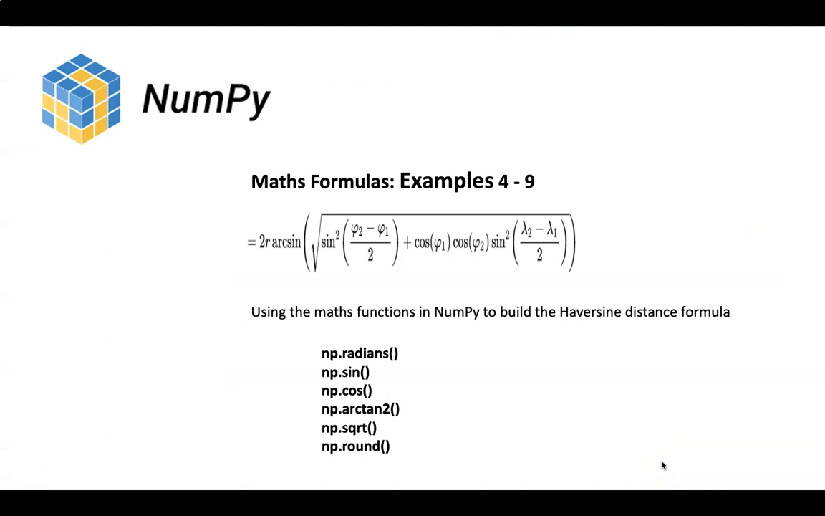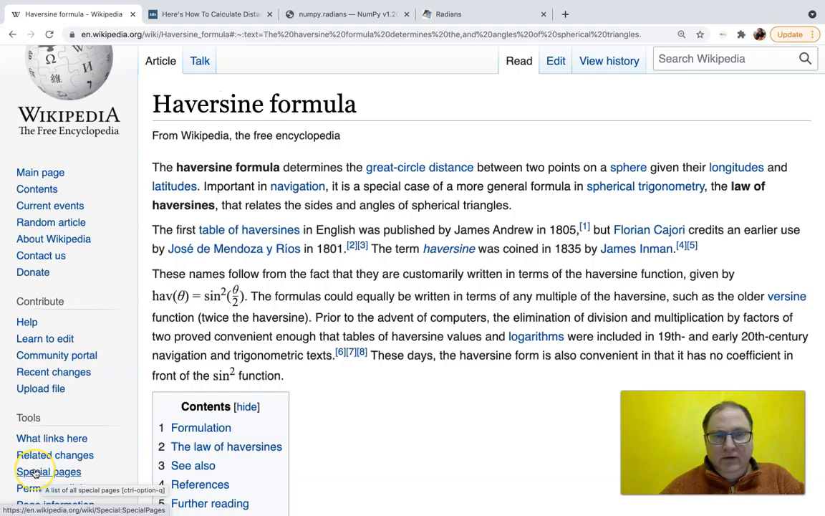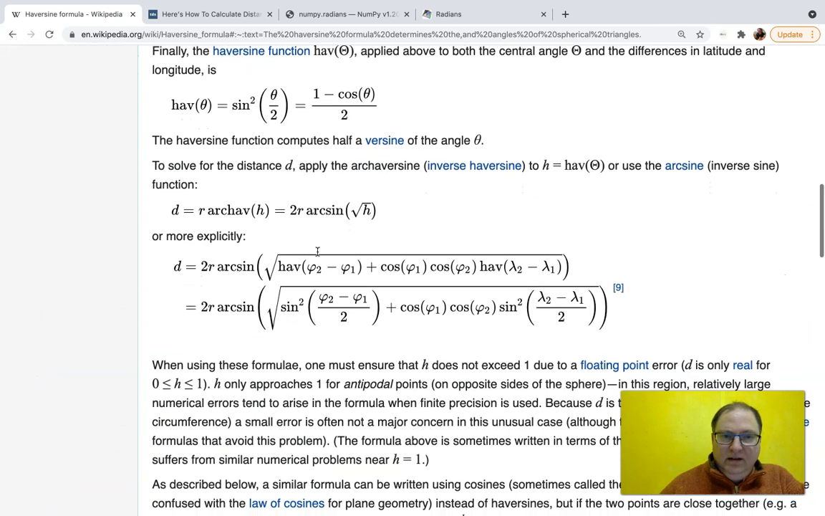So NumPy has quite a lot of different mathematical functions within it. Haversine formula. It's a formula that's been around for over 200 years, originally believed to have been discovered by this fellow, James Andrew, but there are some other claims that it may have been created earlier, in 1801. Basically, it's quite a complex formula which is used to calculate the distance between two longitude and latitude coordinates, and it relies